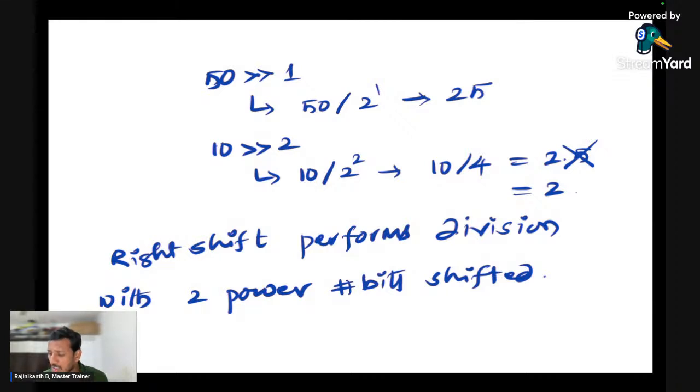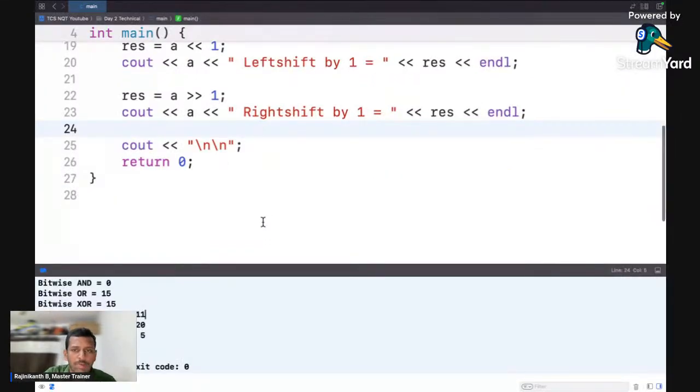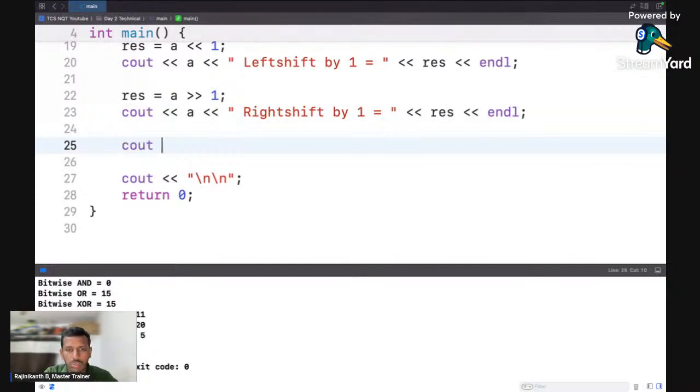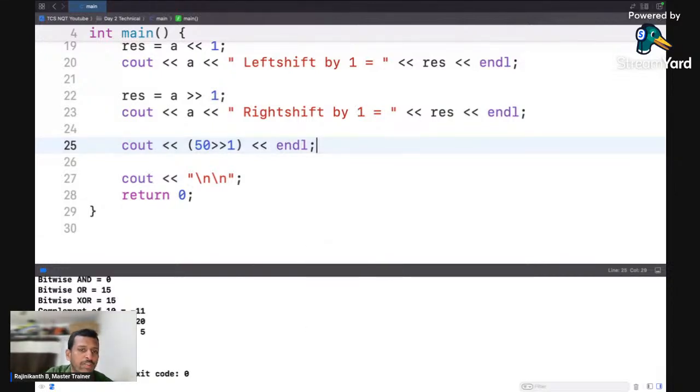Okay, so these are the few properties, right? You can also test them. For example, if I write cout, 50, yeah, let me write it in brackets, 50 right shift by 1. The result, see, 50 right shift by 1 is giving 25,